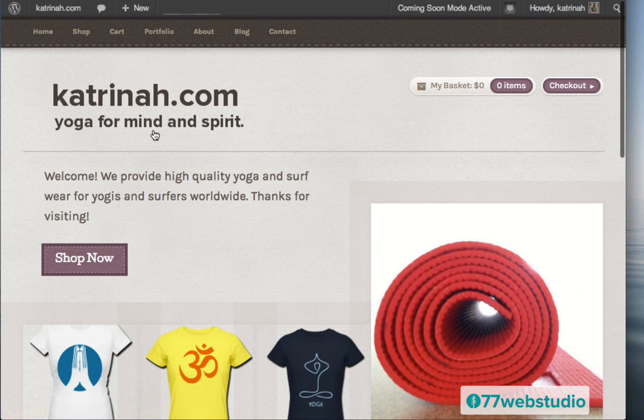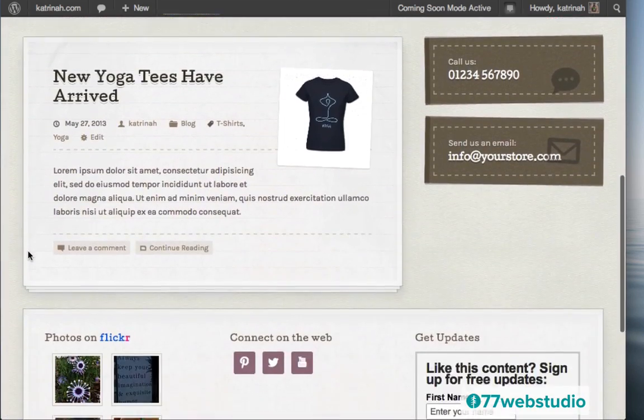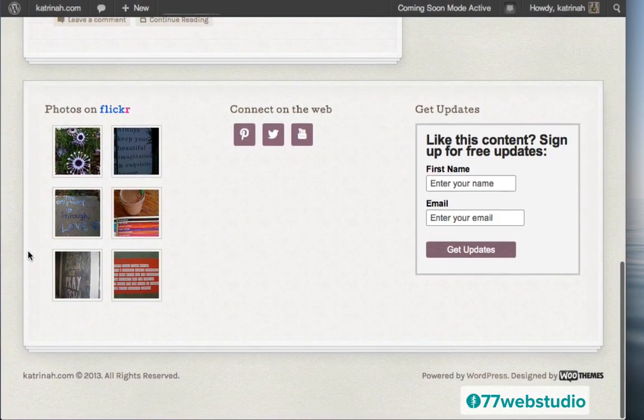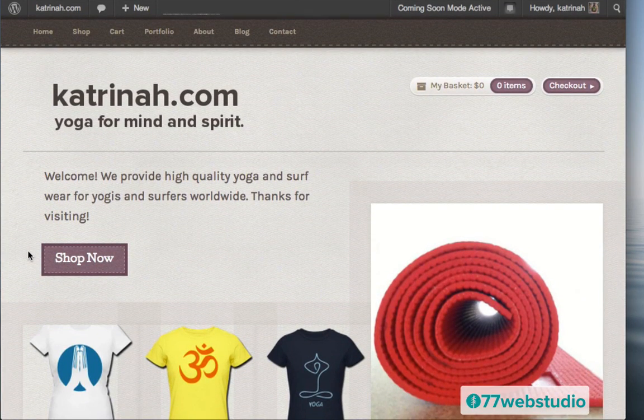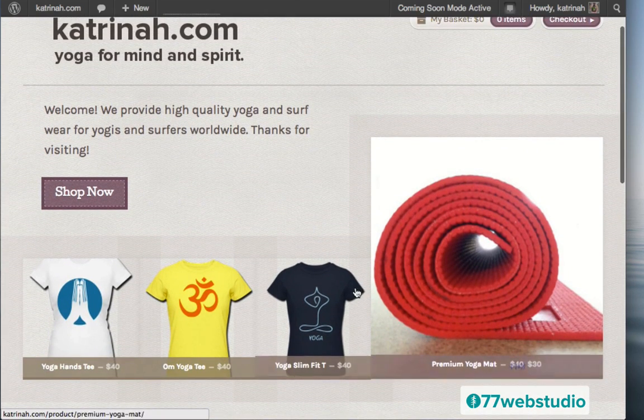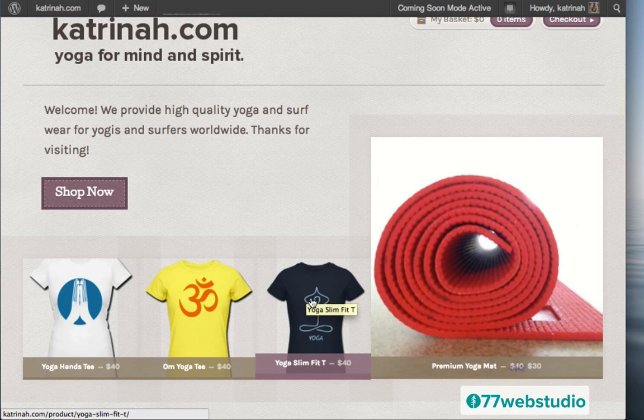And here we are on the website of our responsive e-commerce free Artificer WooThemes WordPress theme. So here on the home page, I'm just going to scroll down. It looks like everything is pretty much set up the way we want. So I think we're pretty much done here. Let's take a look at the checkout process when a potential customer comes to your website and wants to order a product.